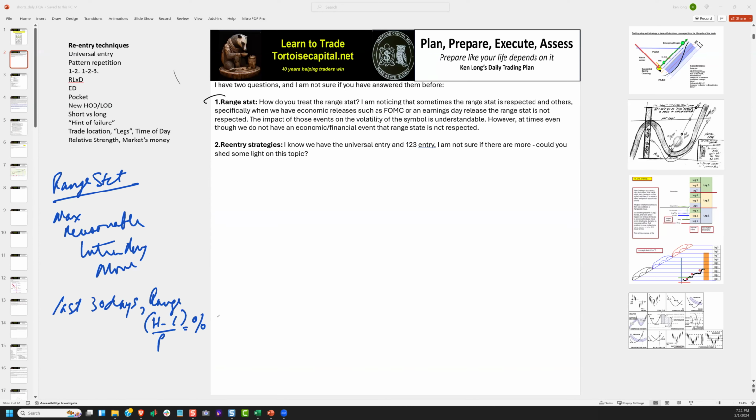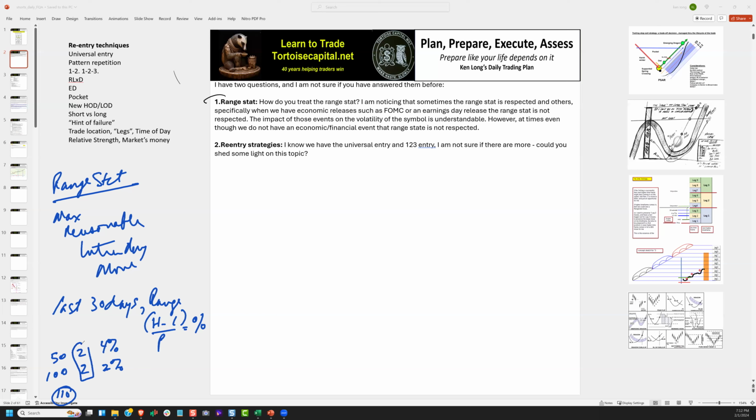And you have to do a percentage so that you can normalize the size of the move over the life cycle of the instrument. Because if it's a $50 stock, and the range is $2, that's a 4% move. It moved 4% of its price intraday. If it was $100 and moved 2, that would be 2%. And so the next day, if it was at 110,